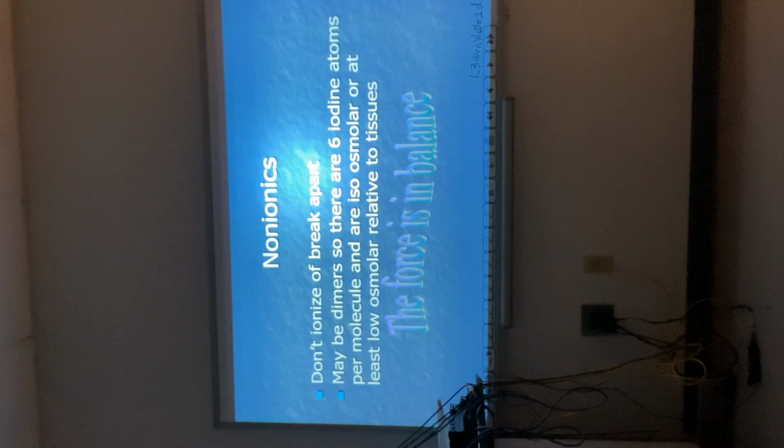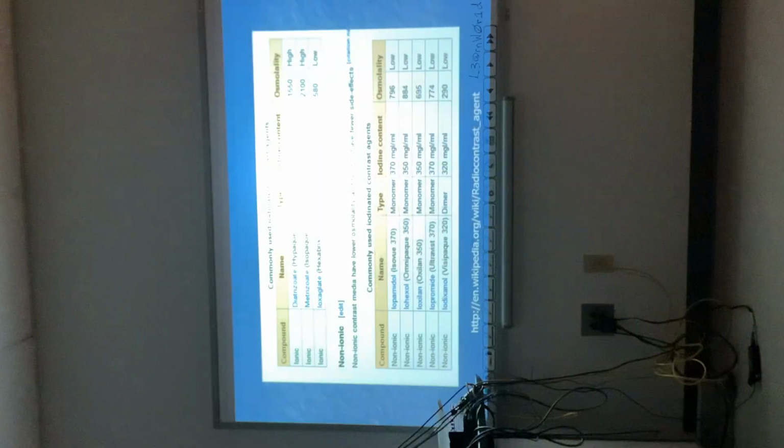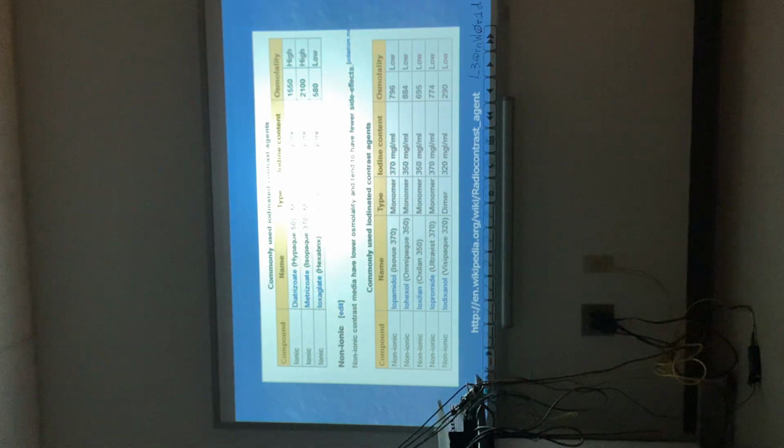Alright, so non-ionics, they easily do not break apart, and those can be broken down into further areas. Most of them are going to be classified as a monomer, but we do have one contrast media that we utilize sometimes, which is a dimer. So this is a quick chart that you can reference that looks at the breakdown, and it has both ionic and non-ionic. So you can see the ionic types of contrast media at the top, and we've got